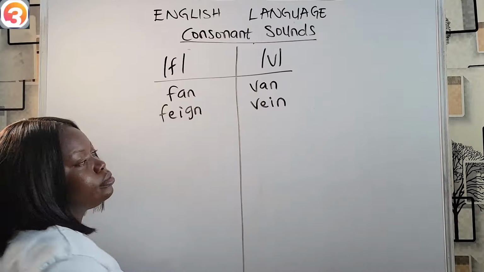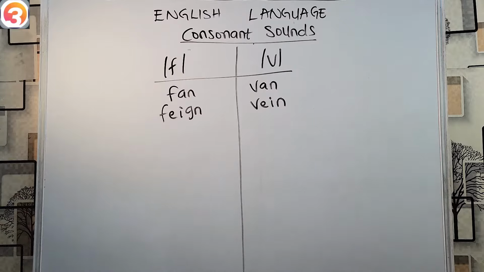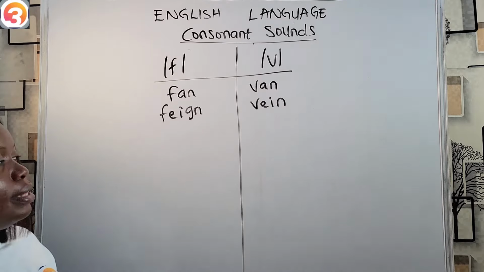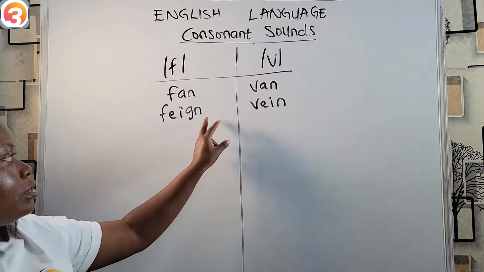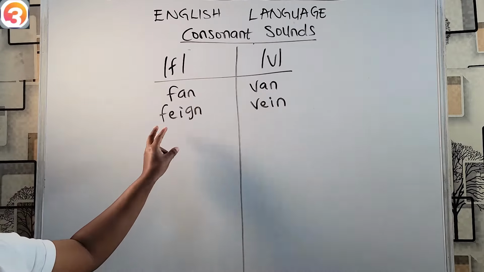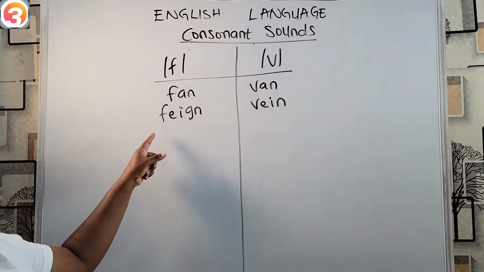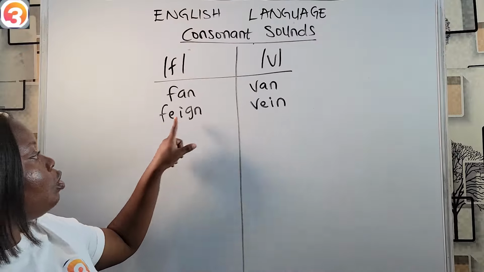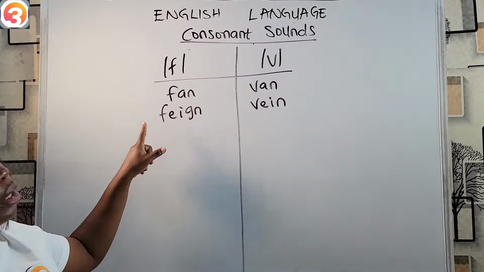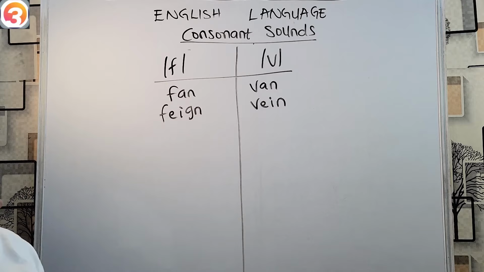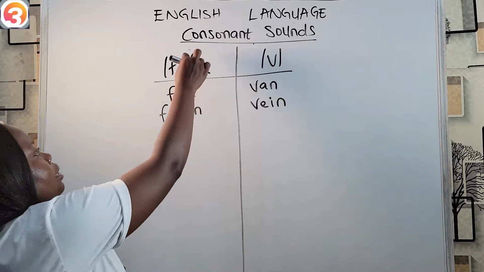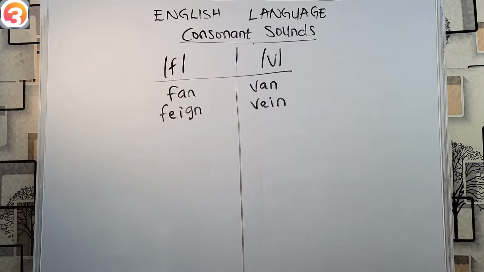vein. So you can see as you pronounce them in words that are similar, the only difference between these two words is in the consonant sounds they contain. All other transcriptions remain the same. If you are transcribing them, they remain the same. The only difference is in the consonant sounds they contain at the beginning, the f here and the v here. So pronouncing these words side by side helps us establish an easier difference between the consonant